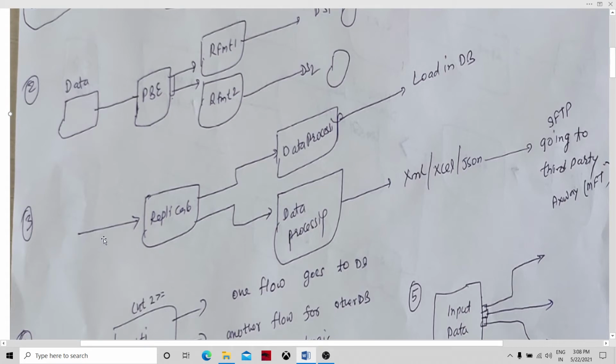And the third is similar, where we have a replicate component. We are getting the data from an input stream, or on the fly in the flow within the graph, and we have to process the data to load into one of the databases, probably, and one could be a data set. Maybe it's XML or an Excel spreadsheet, or probably a JSON data set we need to write, or maybe we need to send the data to SFTP third parties, or probably Xway. Xway is another file transfer protocol. So this could be another scenario where, after replicate, we have to achieve component parallelism in our processing.